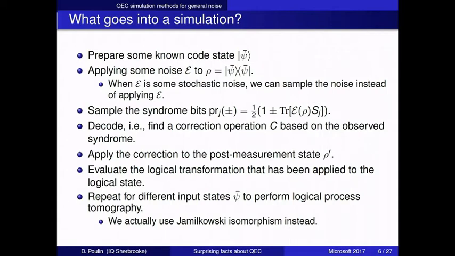Now, I want to emphasize that this one here is crucial because all the other bullet points are about the simulation. Decoding is something you'd have to do if you had a quantum computer, right? You need to decode the information. So this is the step that has to be efficient. The other steps don't necessarily need to be efficient. It helps if they are because it helps you do the simulation, but they don't need to be. And I'll get back to this a bit later.